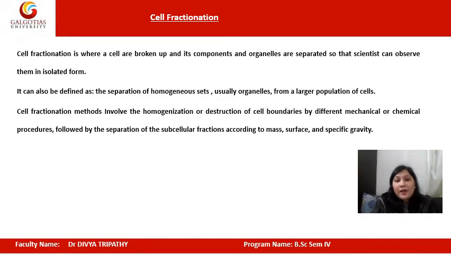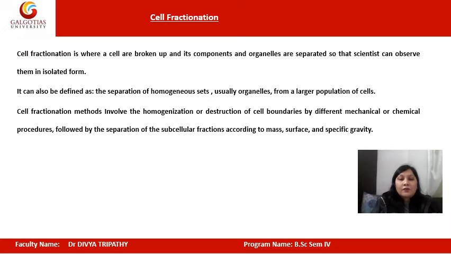If we talk about the cell, we know that the outer boundary in the plant cell is the cell wall, whereas in the animal cell this is only the plasma membrane. So if we are working on an animal cell, we have to disrupt the plasma membrane of the cell. But if we are working on a plant cell, we have to disrupt the cell wall as well as the plasma membrane, so that all the cell organelles will come out into the sample tube. Then we will make a homogeneous mixture of these cell organelles before separation, right?